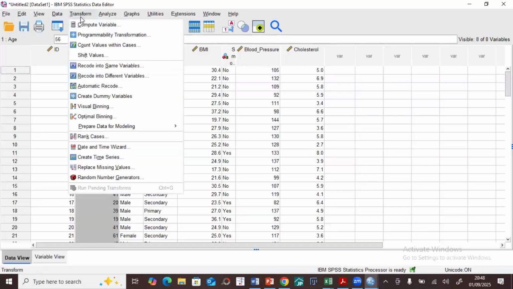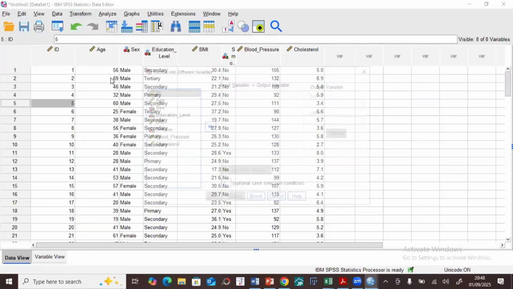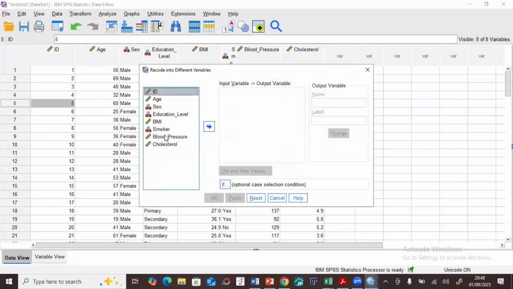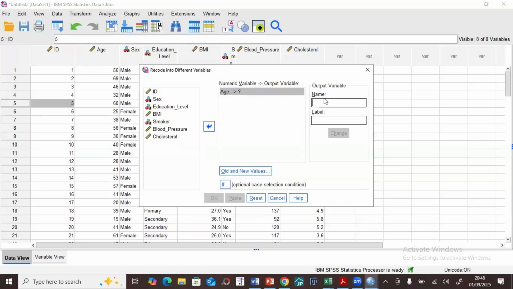So you can transform by recording into a different variable. So you go to transform, record into different variable. So you choose what you want to record. I want to record age. And I want the output variable to be a categorical one. So I'll just call it age cat, or categorical